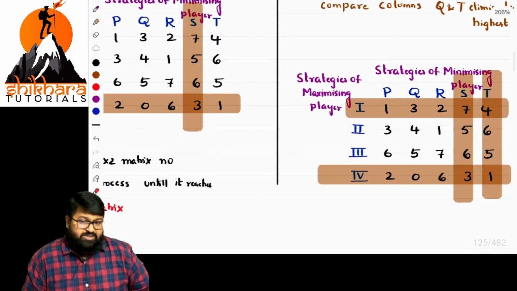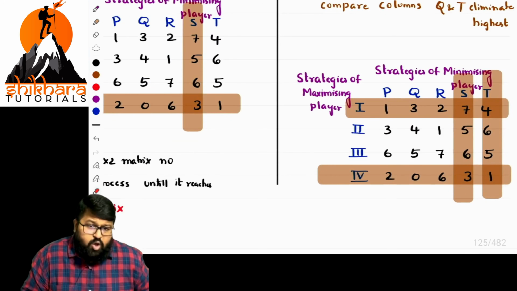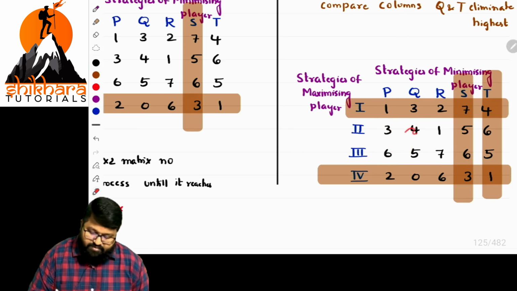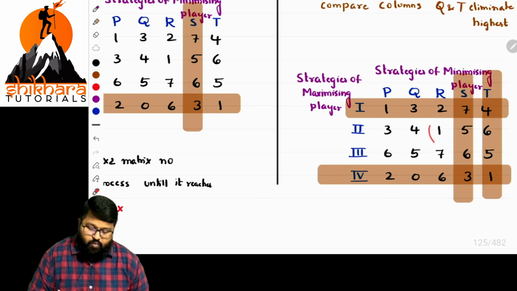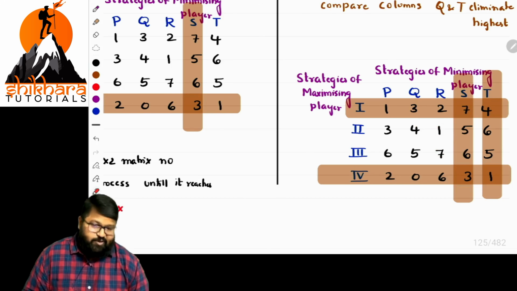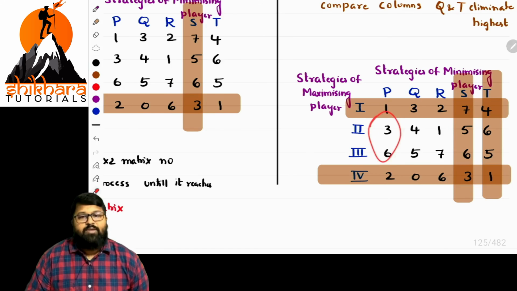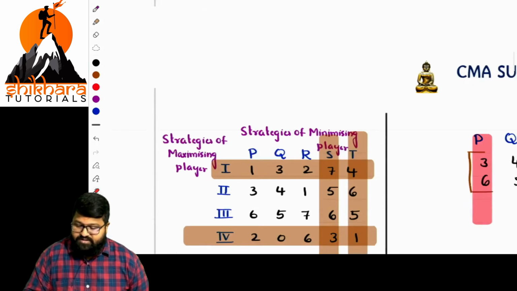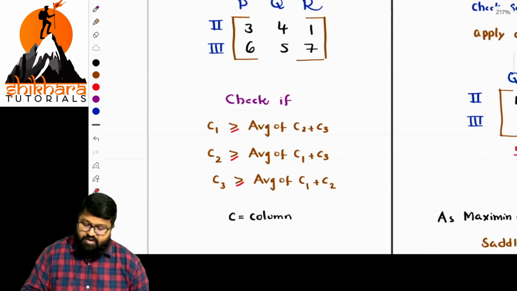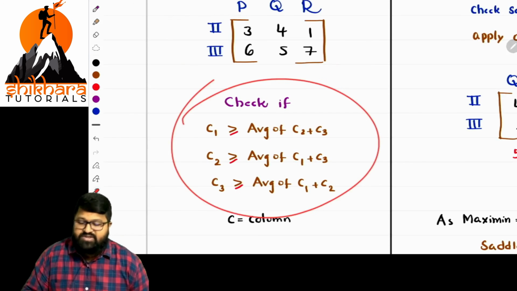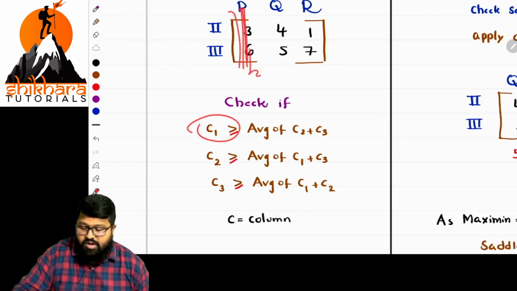Now, is there any possibility for elimination? Rows are eliminated. Column should be eliminated. Is it possible to eliminate or not? 3, 6, highest but reverse. Gone. Next, 4, not at all satisfied. So 1, 4, superb, 7, gone. So at this point, we need to calculate something called average. Calculate the column average and compare with the other part. If it is more, eliminate it. See, these are the basic rules. So we have written the matrix separately for our convenience, and we have to see this formula. What is that, sir? C1. What is this column? Column, column, column.